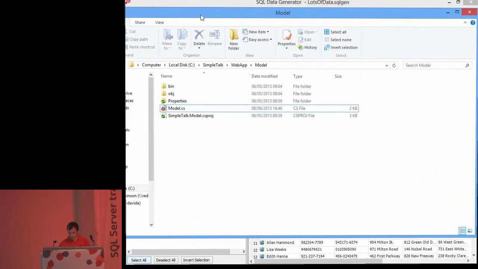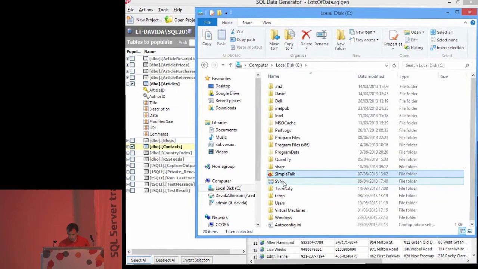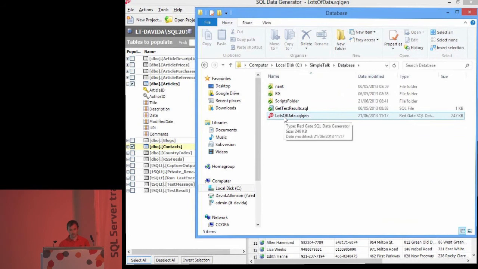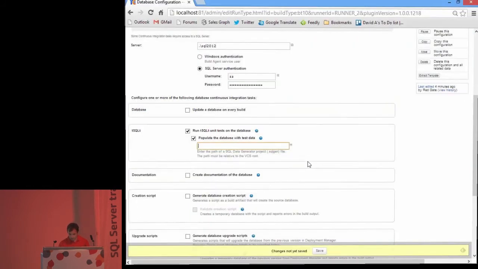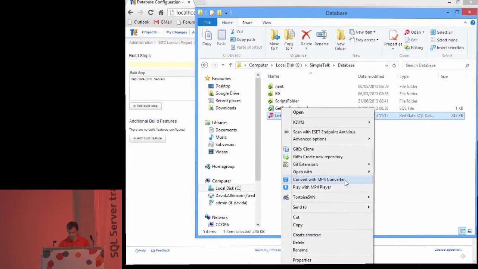Just so you can see what I'm doing, this is just Windows Explorer. If I go to the Simple Talk database, I can see lots of data. So this is what I need to commit to source control to kick off the build. So I'm just going to use this to copy the text so I can paste that into this field so that my build now knows to look for this file in my database folder, because that's the VCS root, if you remember. So I'm saving that there, and I just need to commit this to source control